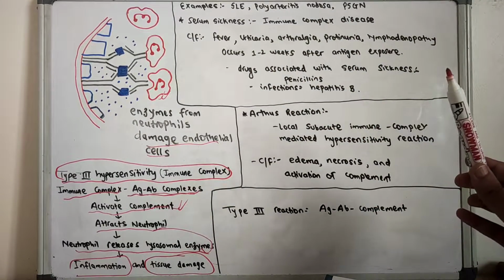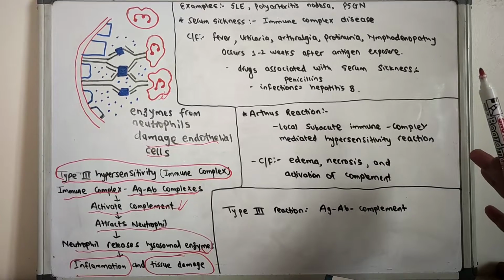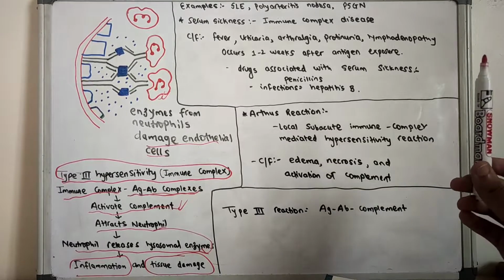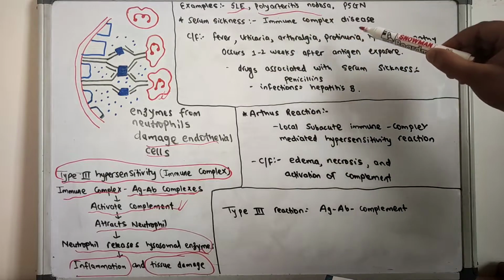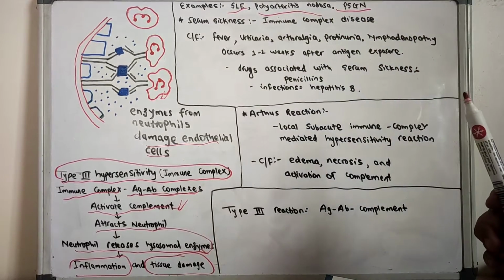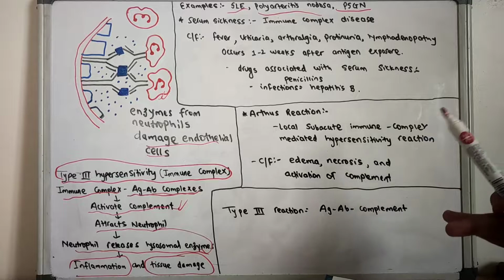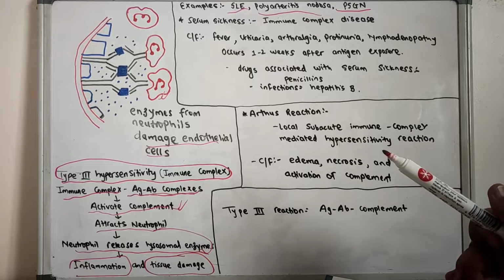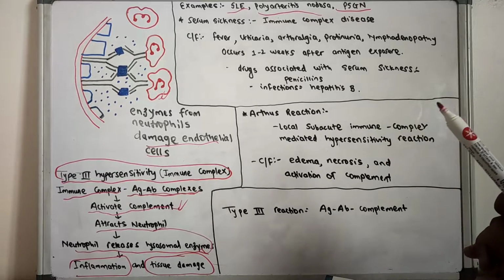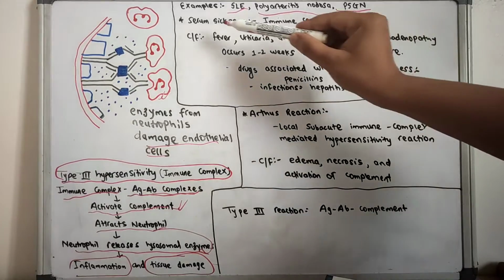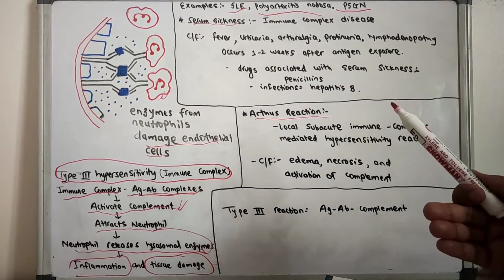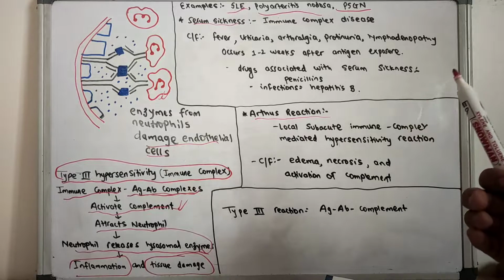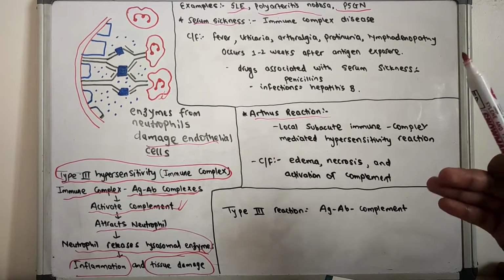Now let us discuss the various examples of type 3 hypersensitivity reaction. The examples are SLE, polyarteritis nodosa, and post-streptococcal glomerulonephritis. So these are the main examples of type 3 hypersensitivity reaction. Now let us discuss serum sickness and the Arthus reaction, which are part of the type 3 hypersensitivity reaction. So serum sickness is the